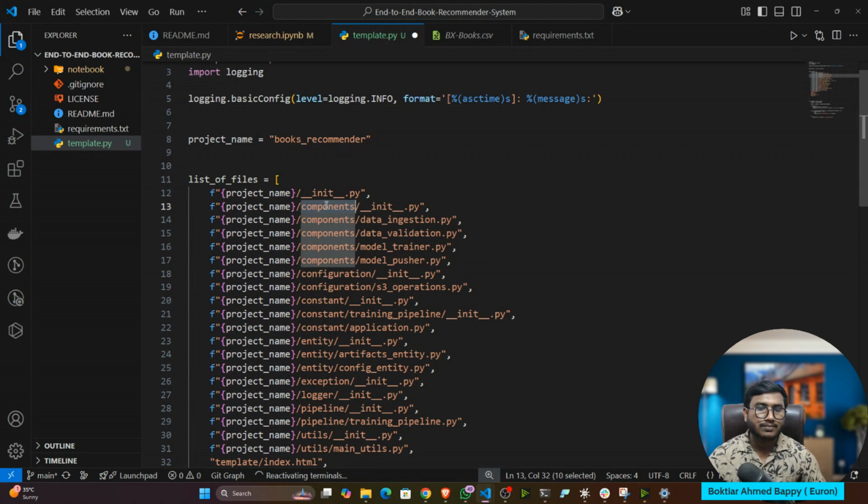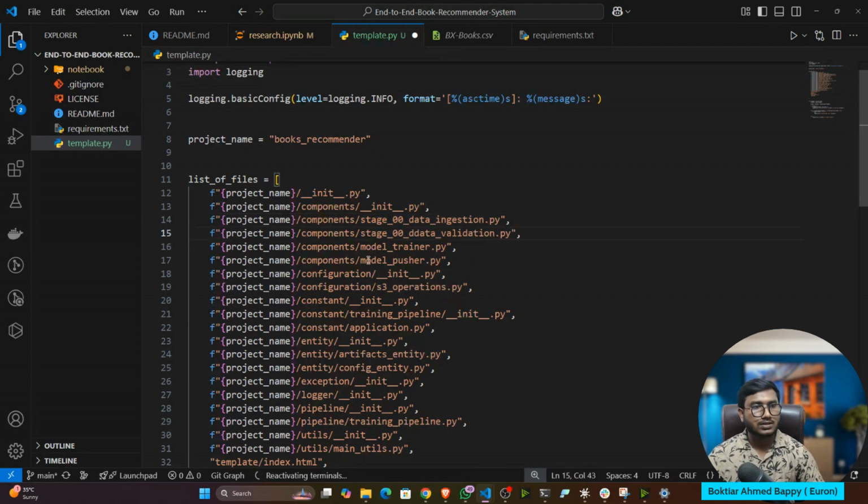Inside that, one constructor file would be there, then data ingestion, then data validation. Let's say this is our first stage, 00 underscore data ingestion. Like that I will give different stages.